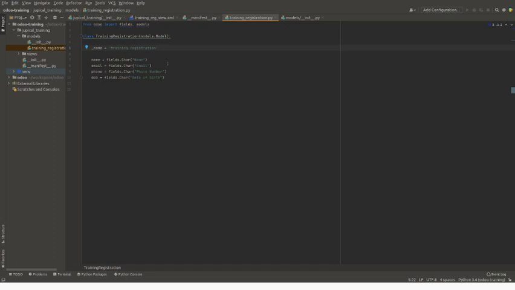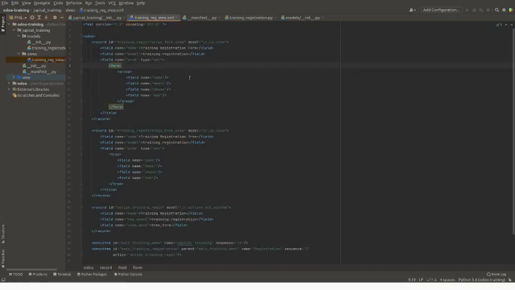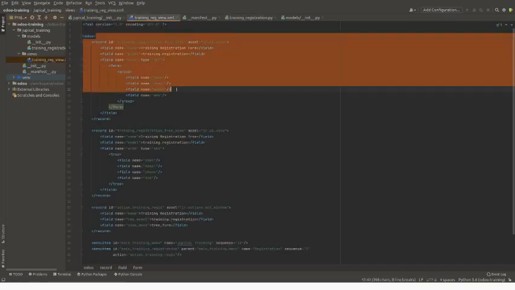In the next session we will see how tables are automatically created and with which name, and how we can create our own table with a name different from the class name. And in the views file we have seen the basic view where we define all these four fields. One is the form view.